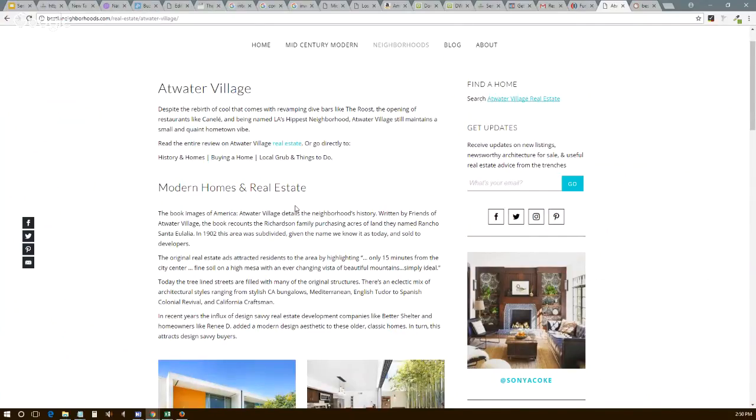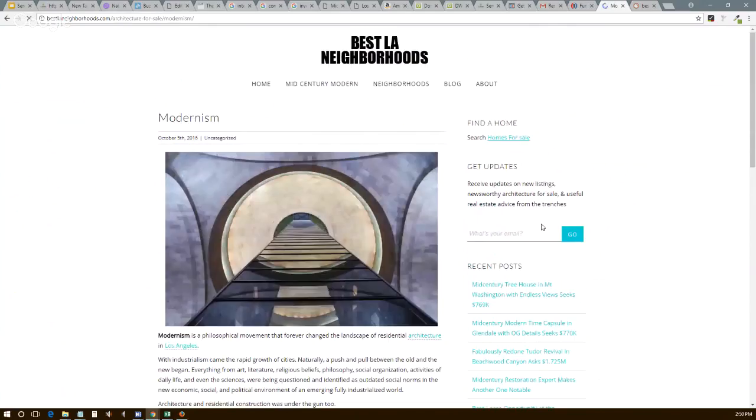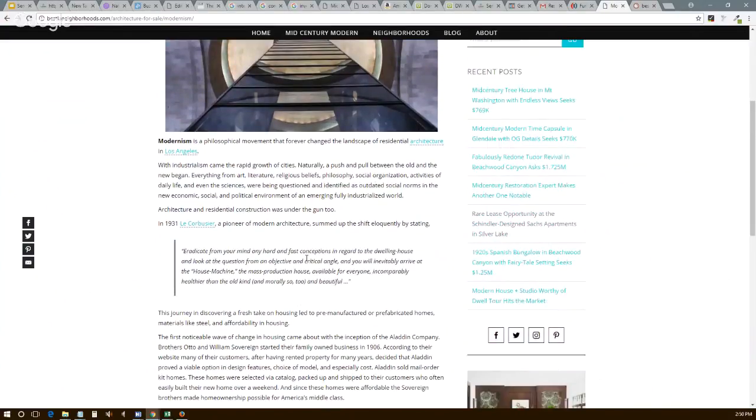Then we added this type of markup, which is actually linked data. If you know how difficult it is to create valid structured markup on a website, it's painstaking. With one glitch in your semantics, it's not going to work or validate. By using this, and by targeting the architects' names and other aspects of the cities, we created an extremely powerful site that has a tremendous amount of topical relevance,